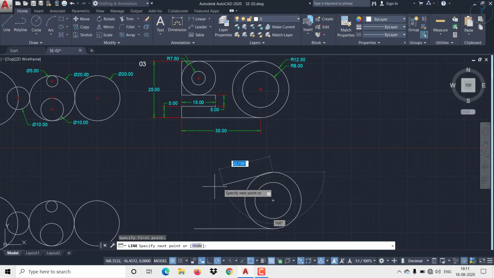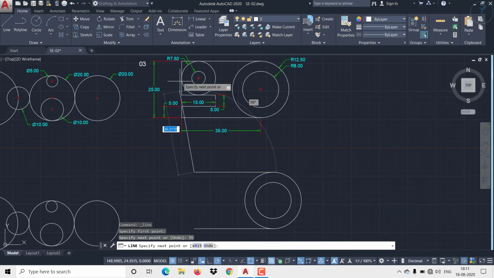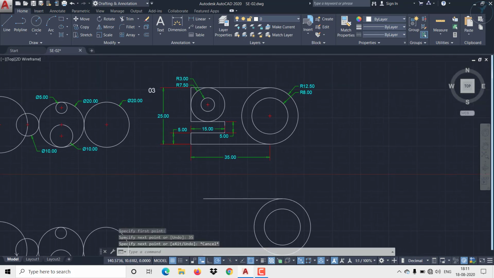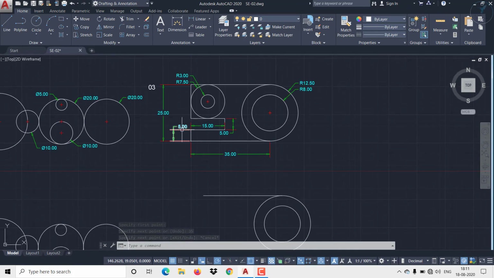Click on quadrant, make straight, same distance 35, and then it is coming downward. You can see this total distance is 25, this distance is 25, and already here 5, here 5, so that means this distance would be 15.